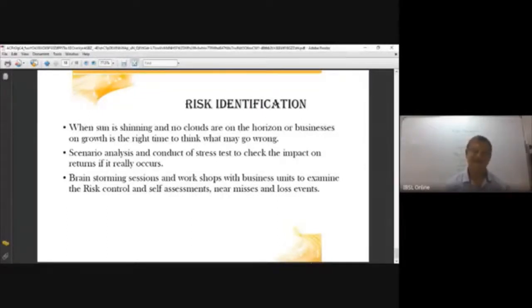So in this situation, we need a lot of brainstorming sessions. Banks need to conduct workshops and see which type of risk has doubled during this COVID-19 period and take necessary controls. Also monitor very well what our exposures are.